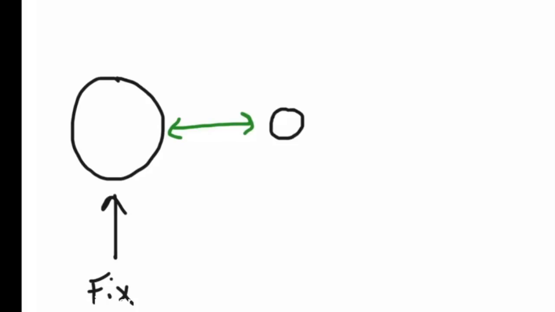Now this lead ball here could move back and forth. So since this one was fixed, all the movement, all the force of the attraction was directed on this small ball. Now what he did to measure this force